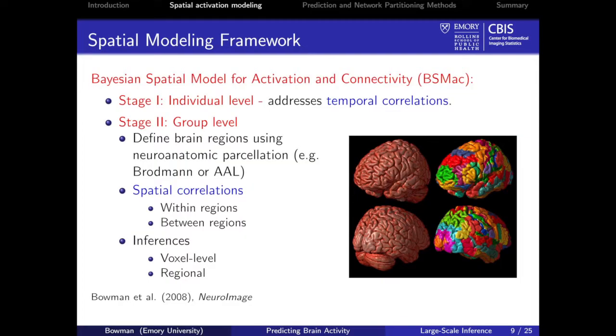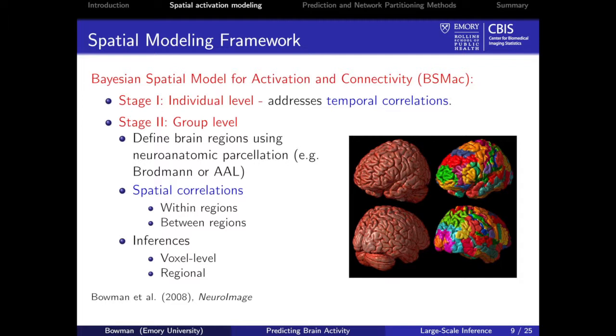So what we wanted to do is firstly to try to borrow strength somehow. We know that there are spatial correlations present in the data. How can we try to capture those and borrow strength? Secondly, if we capture them, they relate in some way to this notion of functional connectivity. So the second idea was to sort of unify this activation paradigm and a specific version or flavor of functional connectivity.